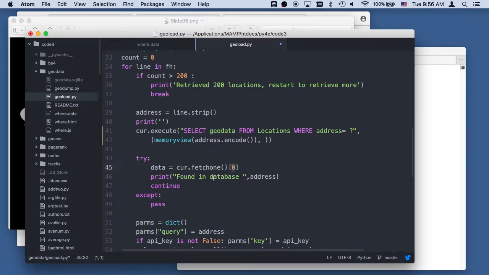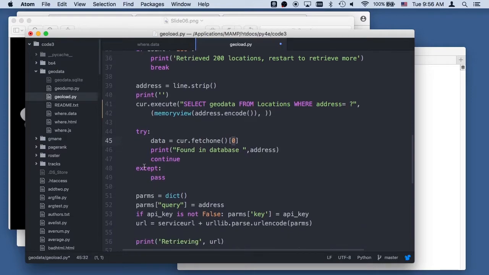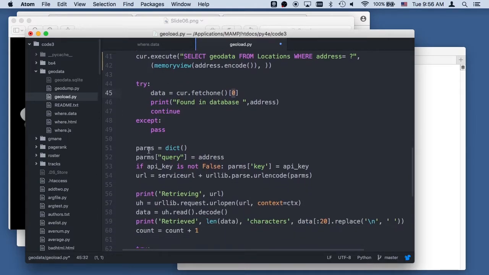If we get that, we'll continue up, otherwise we'll keep going. Pass just means don't blow up, so we accept and we just do a pass. That's like a no-op. And we're going to make a dictionary, because that's what we do for the key value pairs. Everything you've seen so far, I've used constants here, but because we may or may not have an API